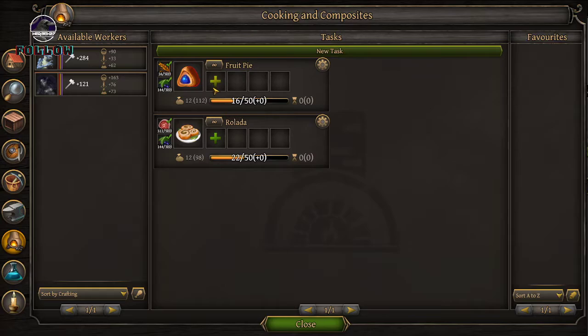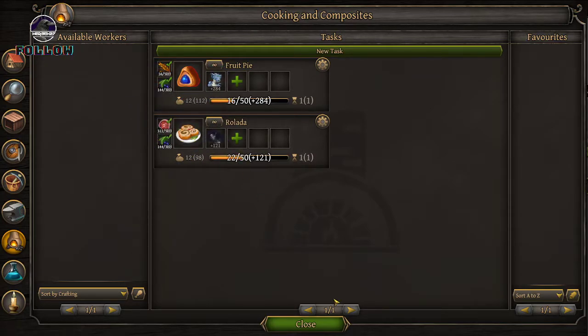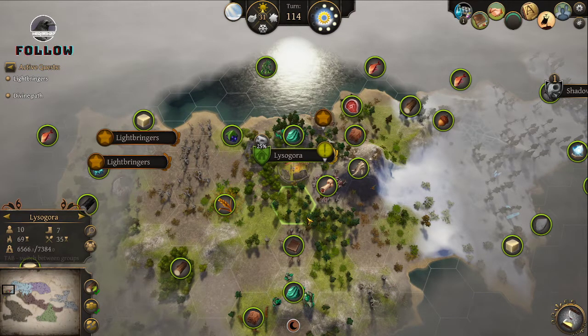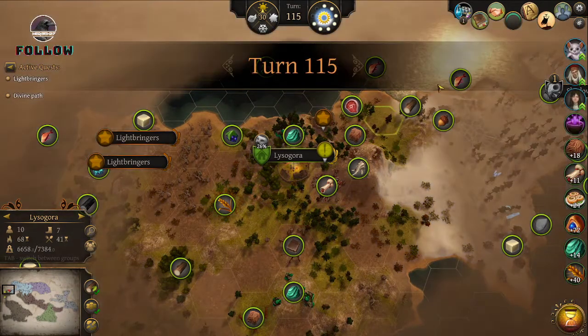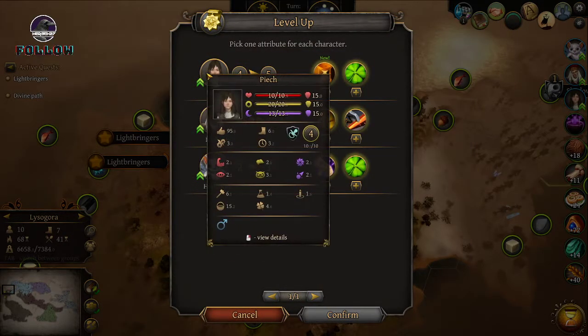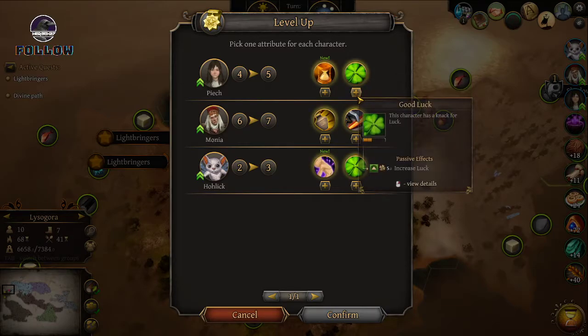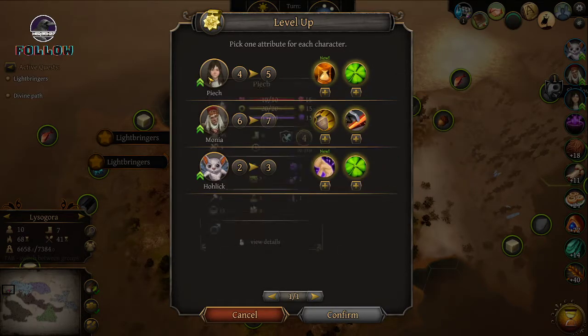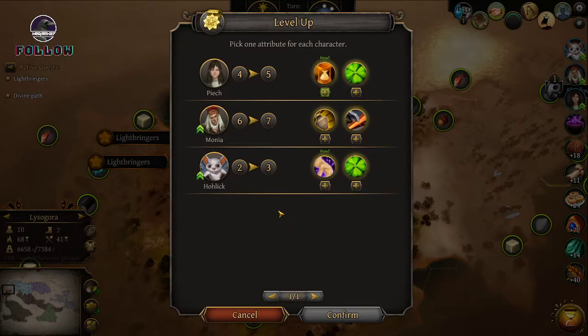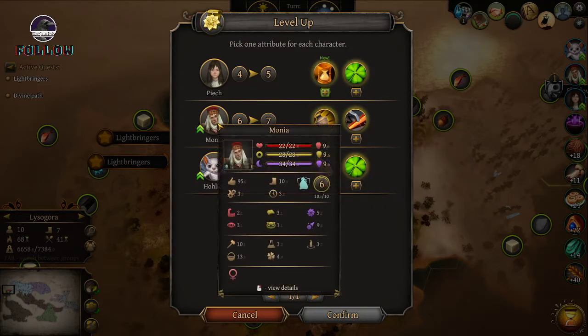We can also, well, it's not really that we need it, but we can already cook a little bit. So now our faith is acceptable again. Well, hurry up is actually quite nice to have as an option. So let's take it. And you are...